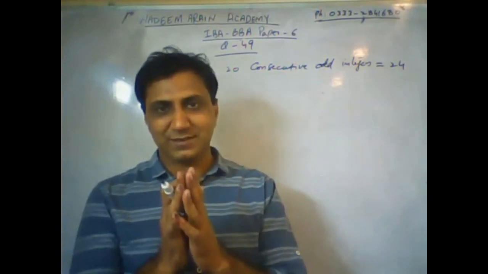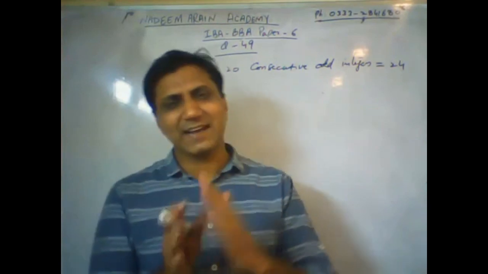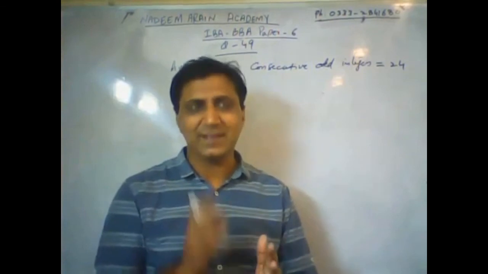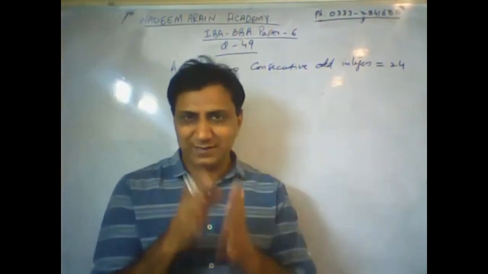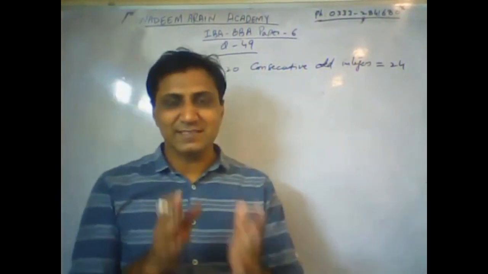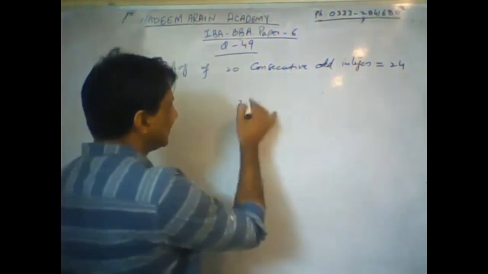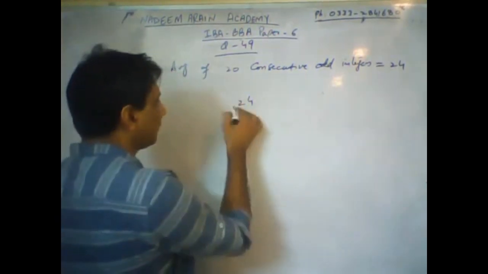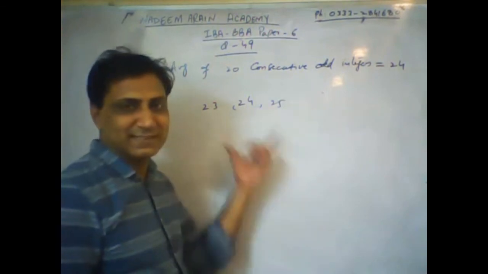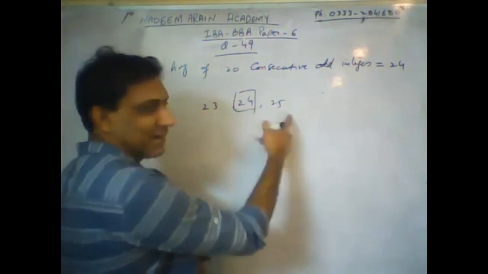Whenever there's a sequence, the average is just the central value, like 10, 15, 20, the average is 15. 2, 3, 4, the average is 3. 1, 2, 3, 4, 5, the average is 3, the central value. But in the case of an even number of values, the average is the mean of the central 2 values. So 24 is the average, that must be the average of 23 and 25. So these are the central values.